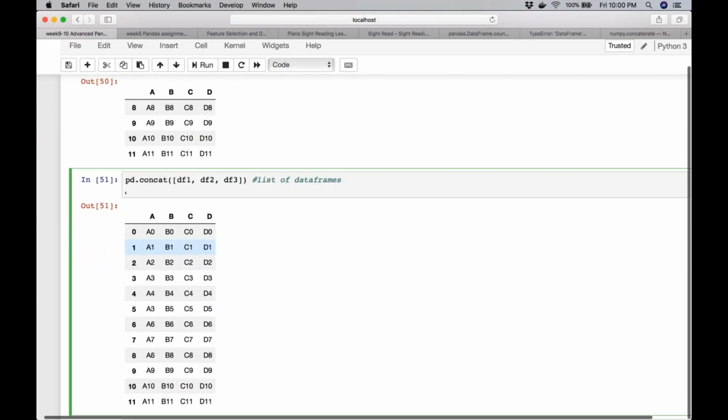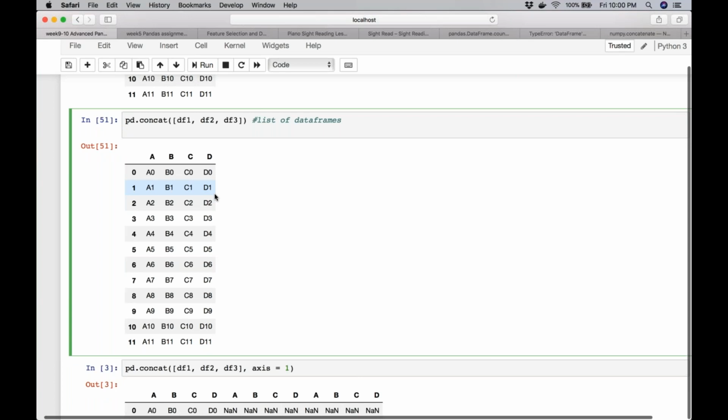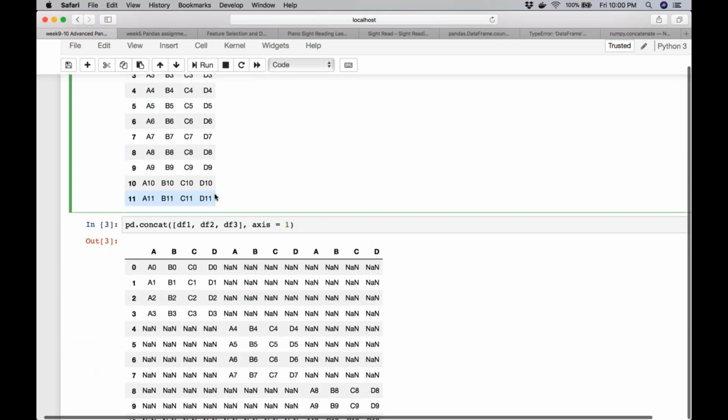What it does is that by default, it will just concatenate, or rather append, the rows one below the other. So this is the default behavior. This is how it would work. And we will see what happens if the indices are overlapping. But this is the very basic simple example, right? As we've been doing so far, we start with a very simple example and then we introduce problems, difficulties. So this is our concatenate at the very basic.